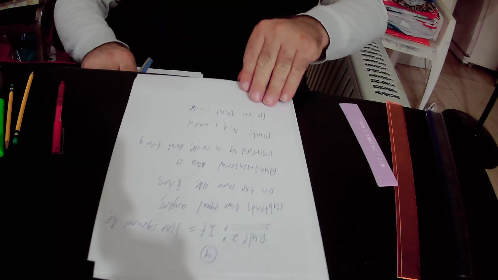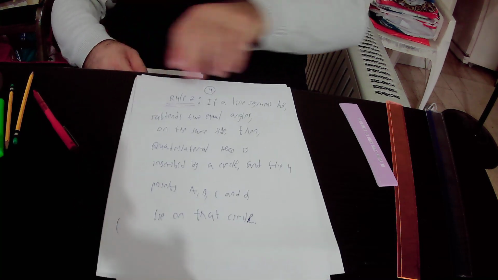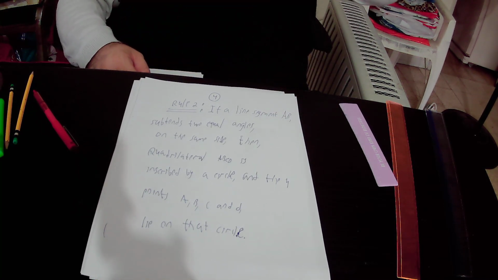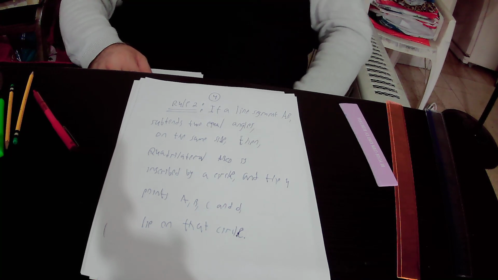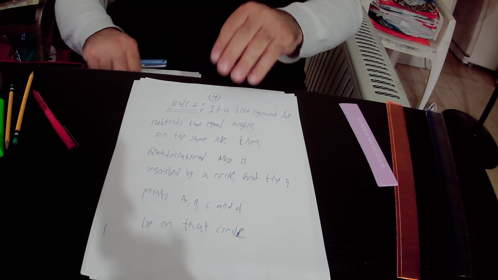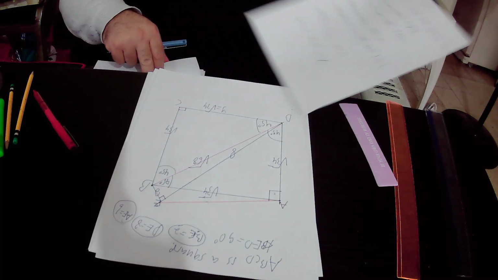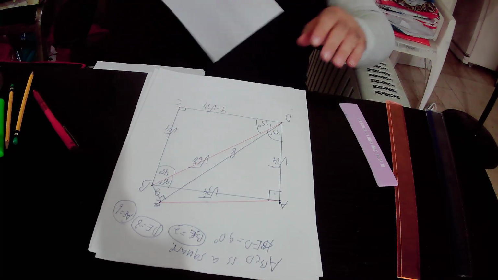So I will read rule number 2 again. Rule number 2 states that if a line segment AB subtends two equal angles on the same side, then quadrilateral ABCD is inscribed by a circle and the 4 points A, B, C, and D lie on that circle. So what is the meaning of rule number 2? The meaning of rule number 2 is that if we have line segment AB